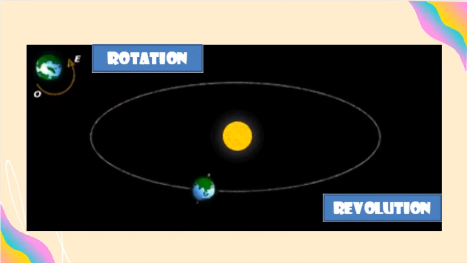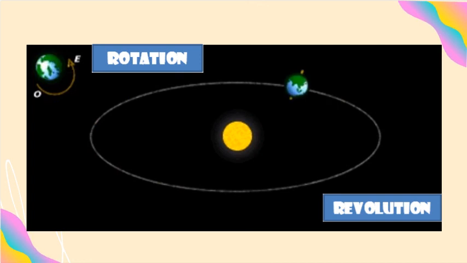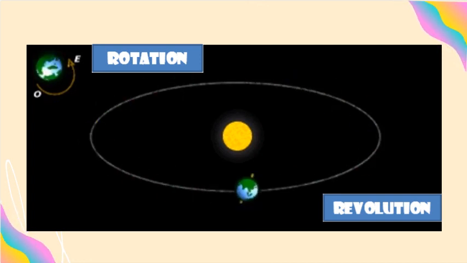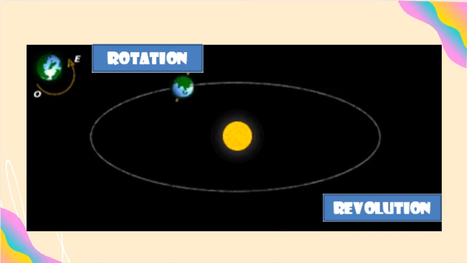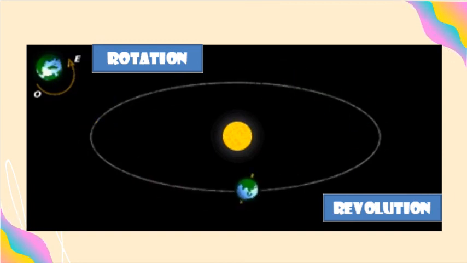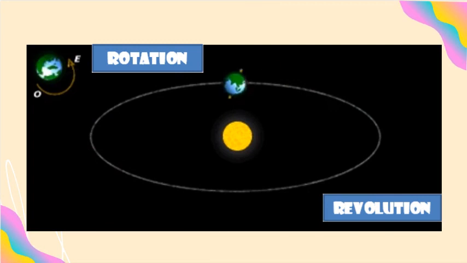Please set your eyes to the illustration at the center of this slide. As the Earth orbits or revolves around the sun, it will take 365 1/4 days for it to complete the revolution for the Earth to go back to its original or first position. And look at the small illustration upper left. The Earth itself is spinning on its own axis. The Earth rotates once in about 24 hours with respect to the Sun, but once every 23 hours, 56 minutes, and 4 seconds with respect to other distant stars. This rotation gives us the idea of one day.